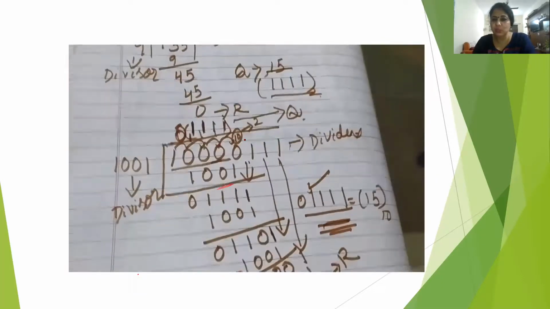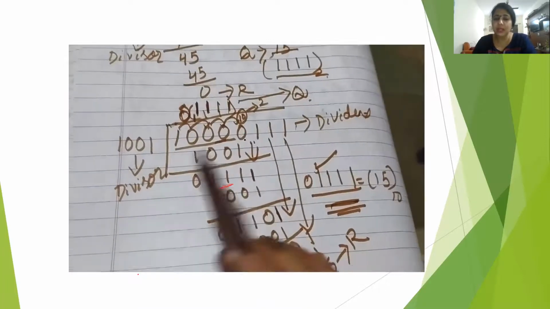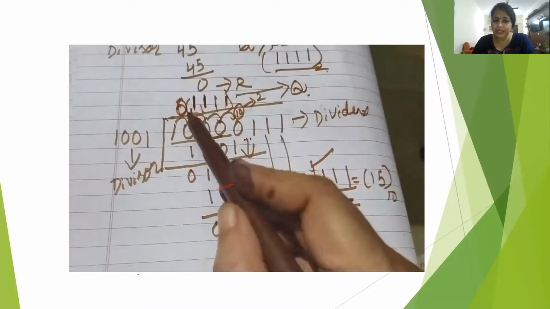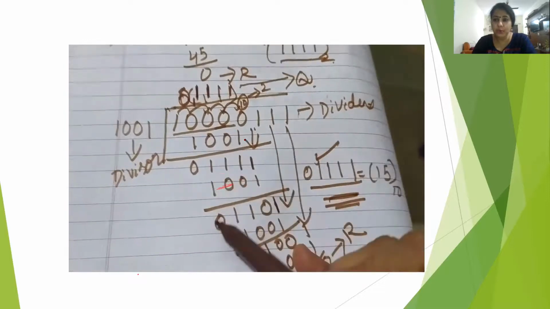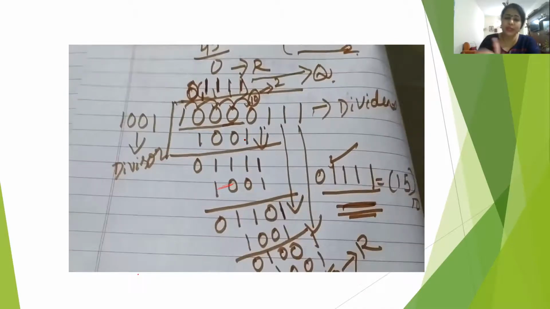Now it is all about the division. The main thing you have to take care of is the borrowing part. When you look here, it is 1 and 0, so we have to borrow and it becomes 2. Now this gives 1 borrowed from the next column, so it became 1 and this became 2. Then again it is given to the next column, so it became 1 and this is 2.